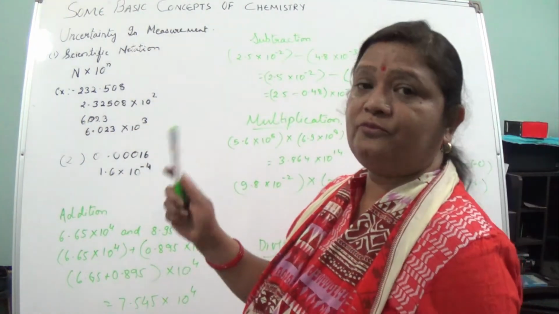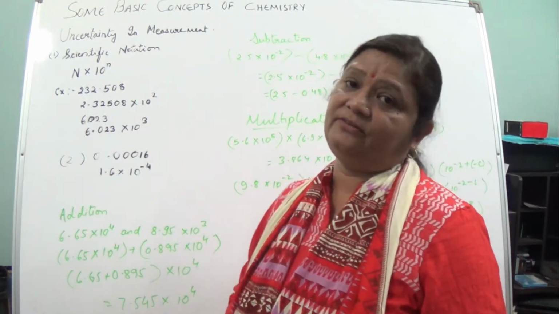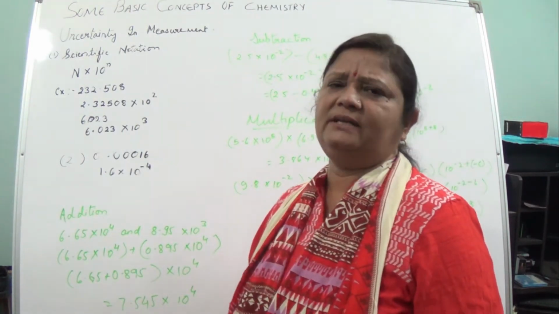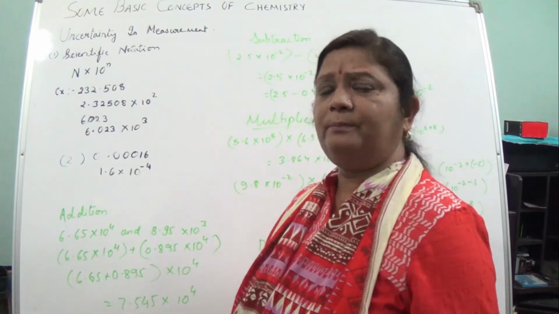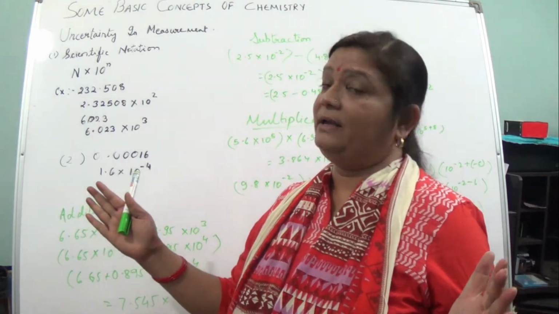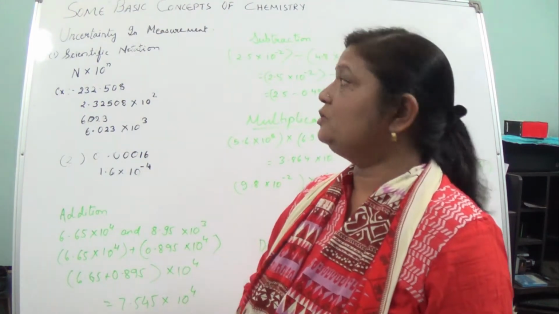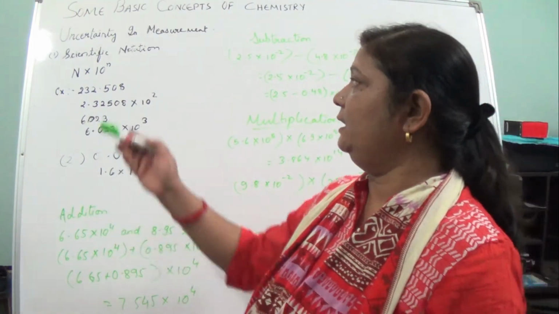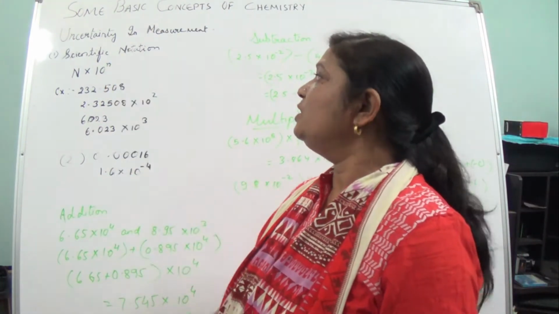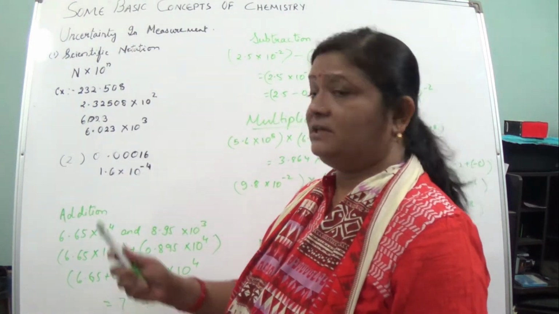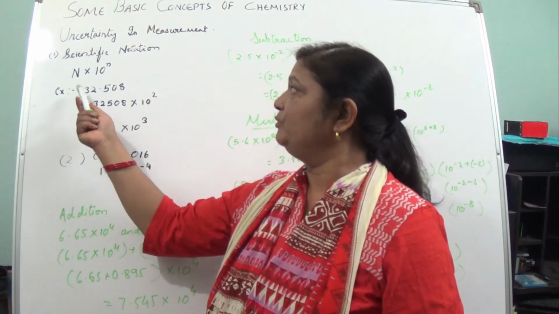Okay, so first is the scientific notation which comes under this topic. What do you mean by scientific notation? How can a big number be represented in a small form? The formula for that is N into 10 to the power n. So here what does this represent? For example, I am saying to you